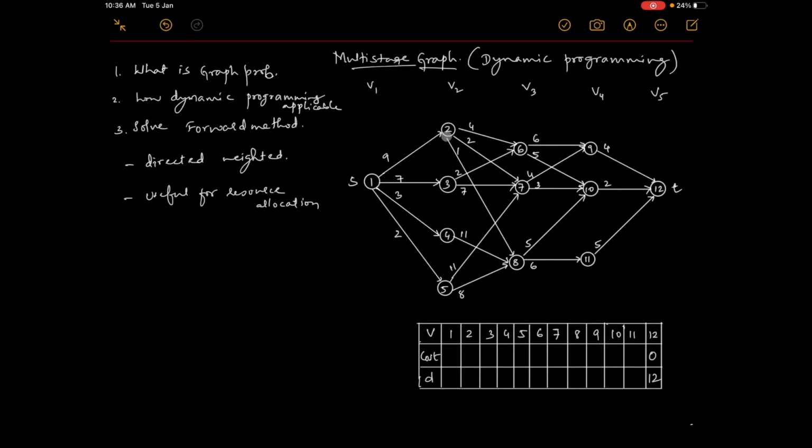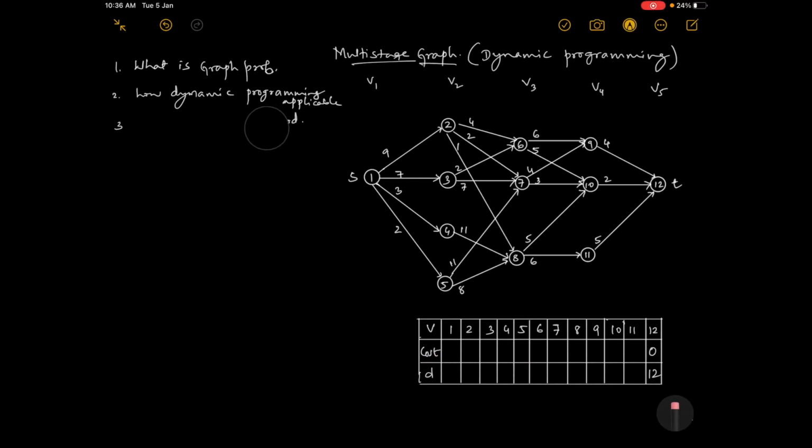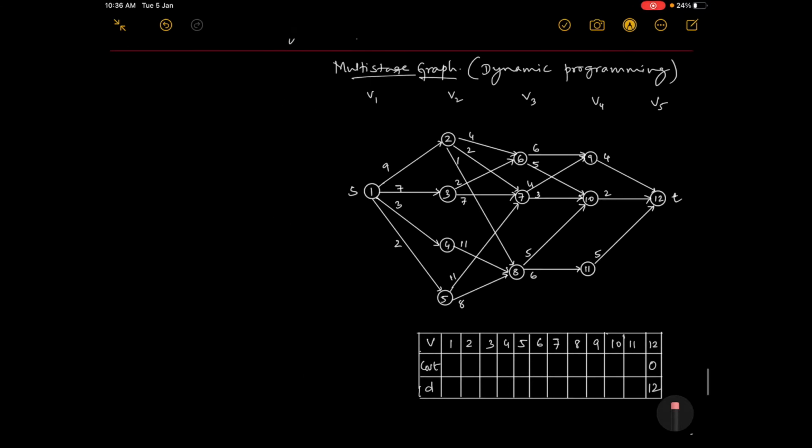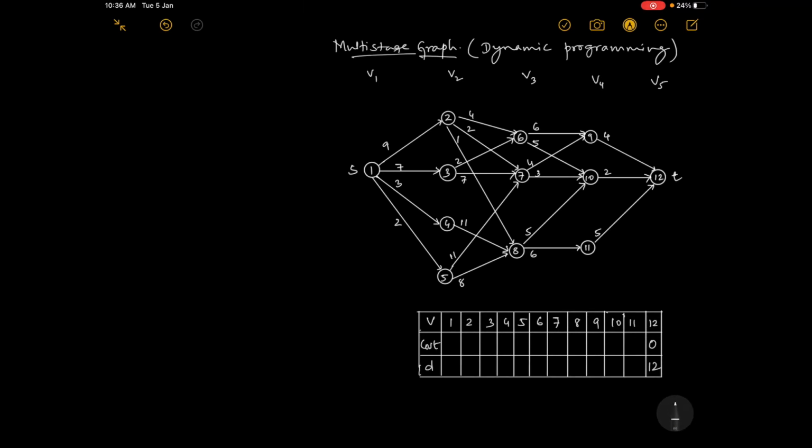Okay, so if you go with this much weight or this much cost, you have this much resources here. Okay, that is something like that. Now we'll solve it by stage. Please note it. I'll just drop this, because we want to have only the formula, and the formula is also simple.